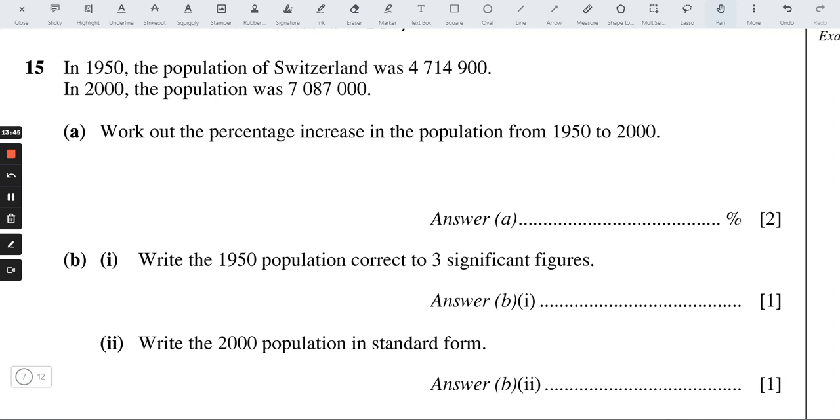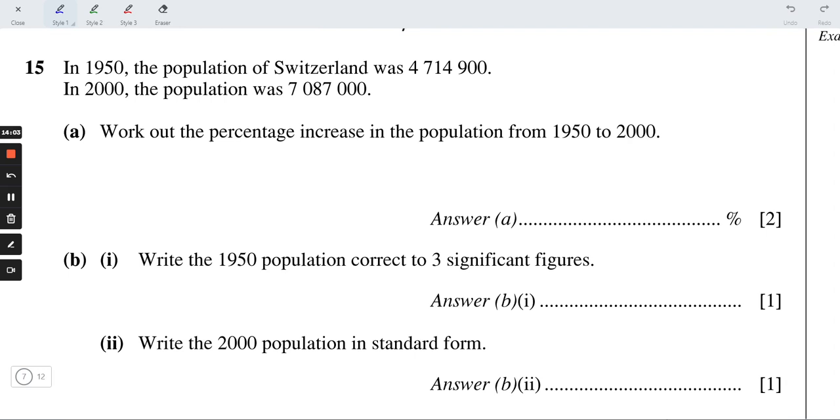In 2000 the population was 7,087,123. We need to work out the percentage increase in the population from 1950 to 2000. The percentage increase, that means you have to find, for sure 2000 is the new population. Here is the old population, so we will subtract the new minus the old, so we'll have